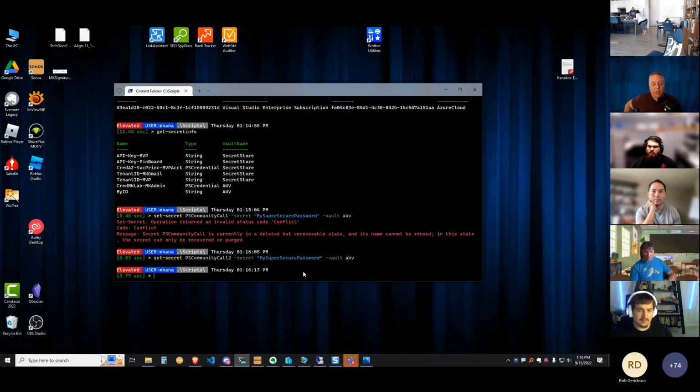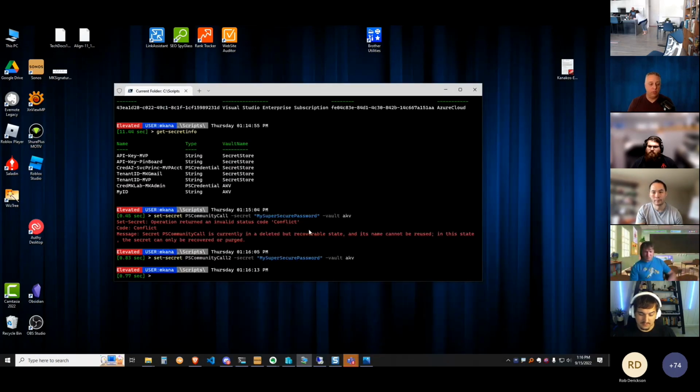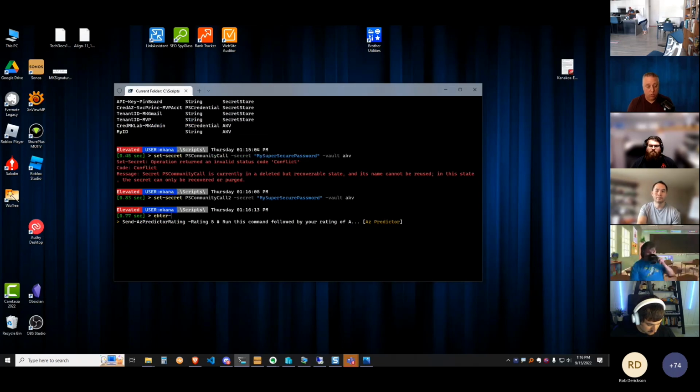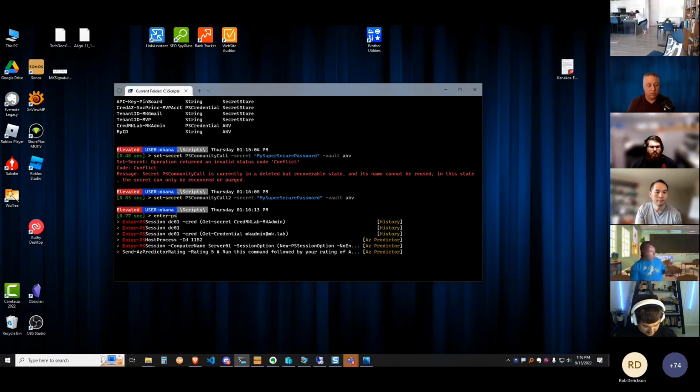Secret management is really about authentication in most cases. So I have a lab VM running here. It's just a DC on my local machine. I'm just going to make a connection to that. And just to show you for simple purposes,